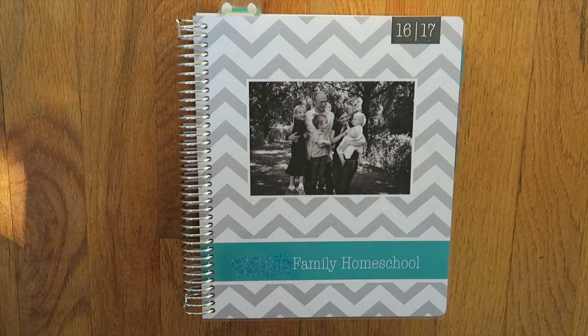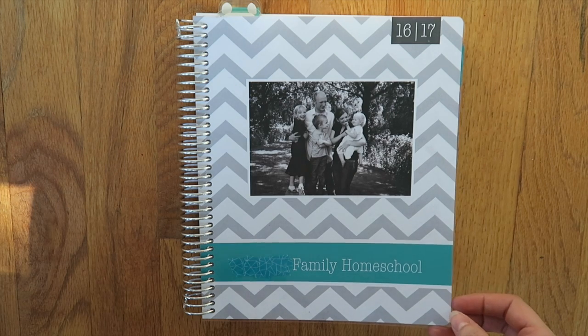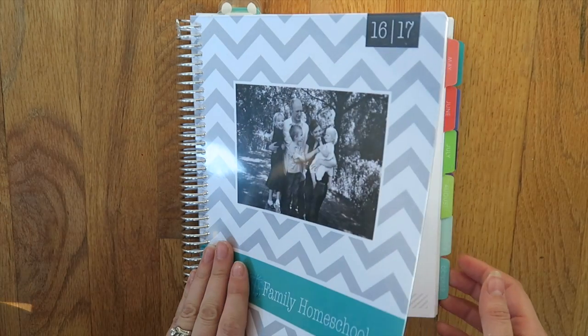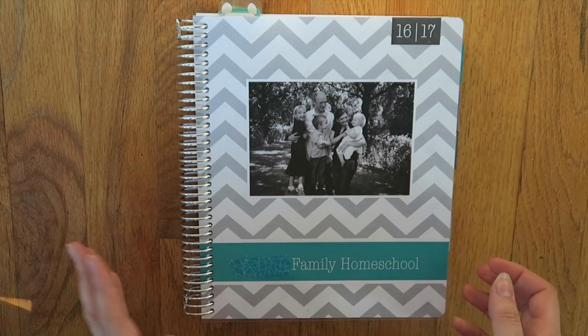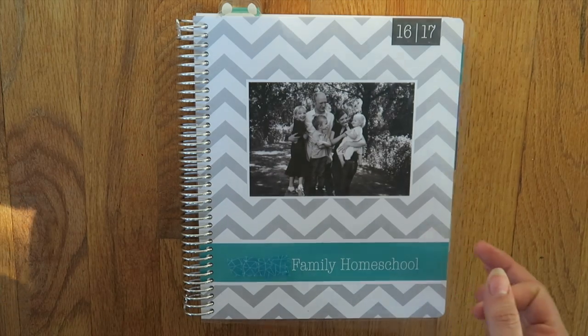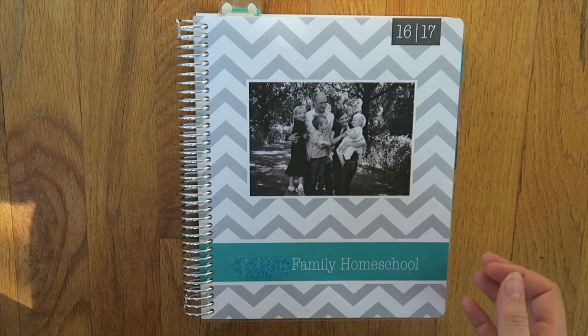Hey guys, it's Brighton. I wanted to share with you something that I have been using for a couple months now. I actually had one last year too, but this is my new one for this year. I've been using it for a month and a half really, but I'm very excited about it. This is the Plum Paper Planner,